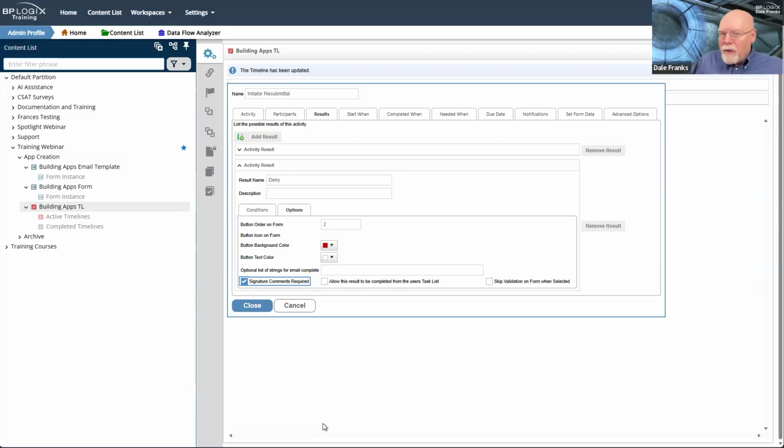Unlike other form controls, where I set their required options on the control itself inside the field properties for the control, that's not how signature comments fields work. Remember, they're not form fields.